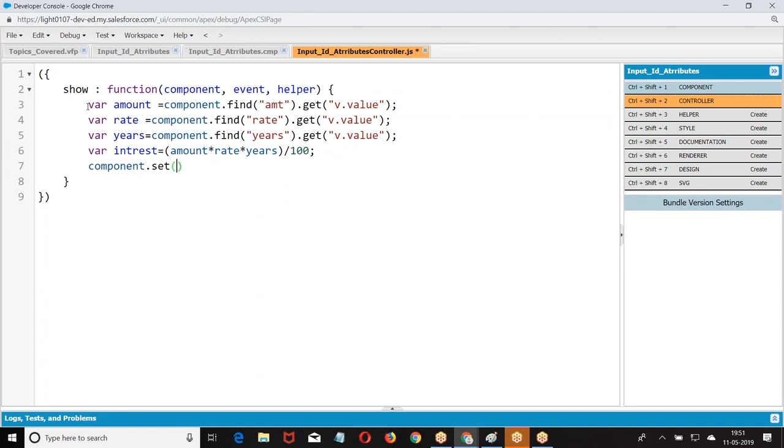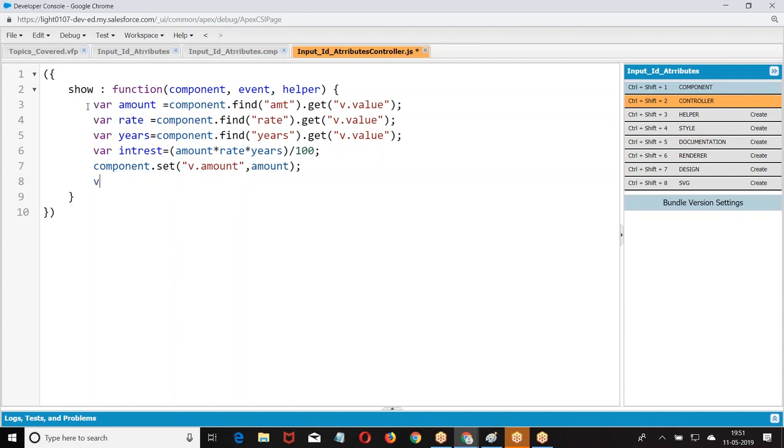Component dot set v dot amount. Component dot set v dot. So reading the values based on ID, putting those values back to the attributes.